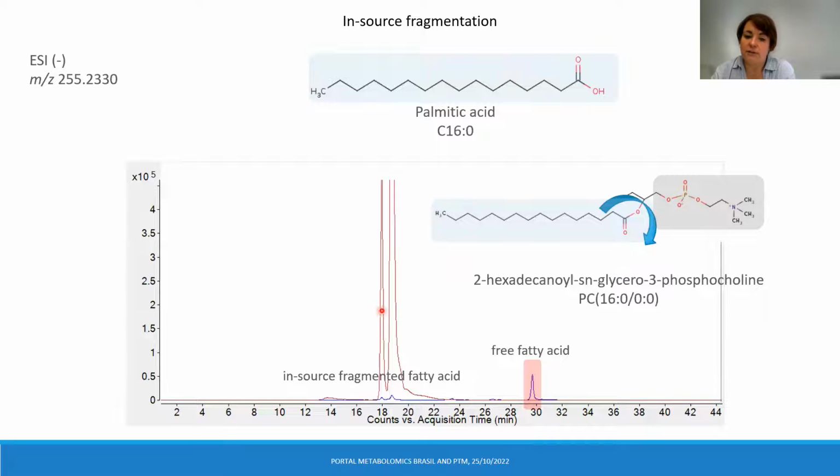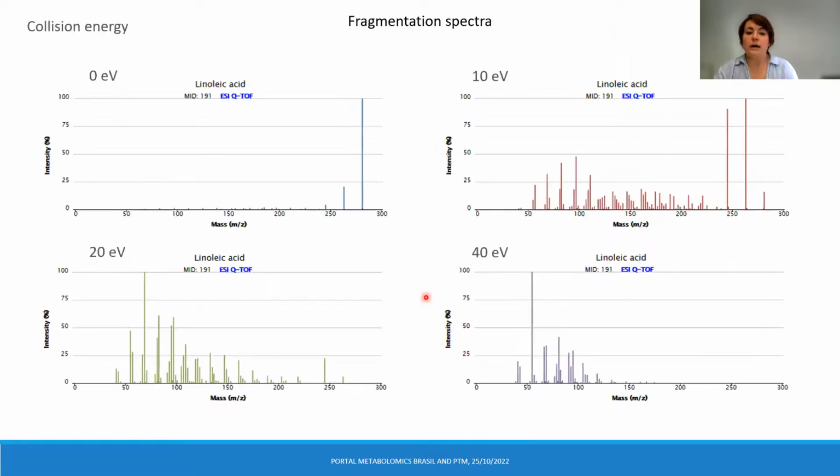So the easiest way to deal with in-source fragmentation is to always go back to the chromatography, always go back to the retention time. Talking also about in-source fragmentation, if you want to look for fragmentation spectra to compare with those formed in source, I would recommend sticking to those with 0, eventually 10 electron volts. Do not compare those with higher collision energies, because they will never work.